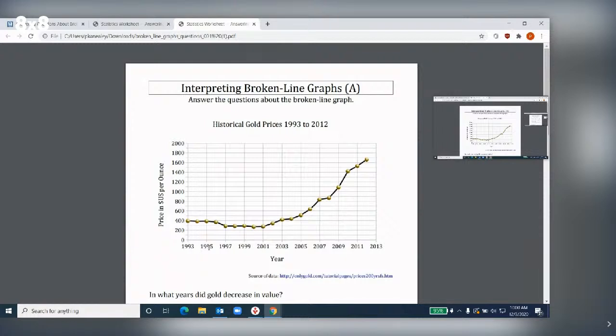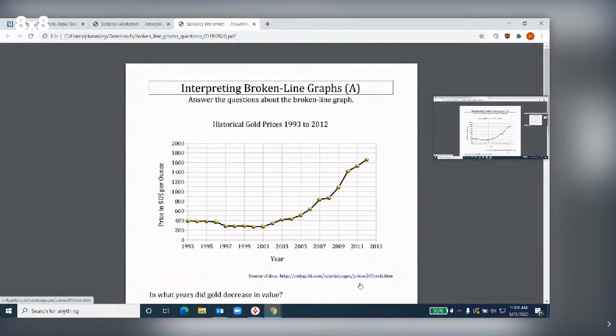So you can see just by looking at this, in 1993 and then all the way in 2013, that gold has really gone up in price. Okay. And one thing to keep in mind here is that the only years we list are every 2 years. Sometimes that's how the graphs are. So between 1993 and 1995, 1994 would be right in the middle, but it's not listed. And similar up here, you start at 0, then you go to 2, 4, but there's a line in between that would be the $100, $300, $500, $700. So sometimes it goes in increments of 2, maybe it's 3, and the price in between just isn't listed, but